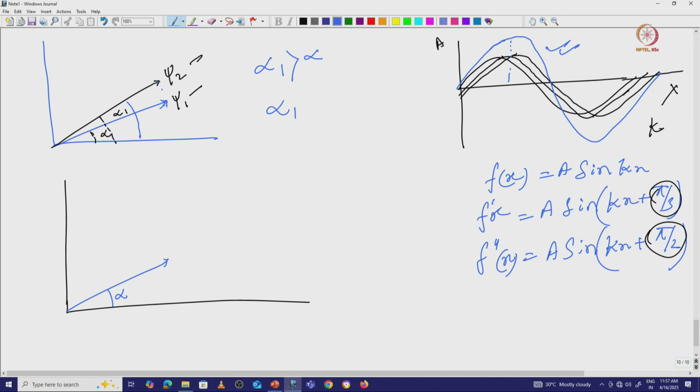So what is the phase difference between these two waves? We can consider this as alpha minus alpha. This is the phase difference between these two waves. Now, this is the straight line I am drawing, and what is the difference between this wave's phase and this one, because this wave also has some phase alpha that we are drawing here. So now what is the difference between wave 1 and wave 2? The difference between wave 1 and wave 2 is this one, alpha 1 minus alpha.